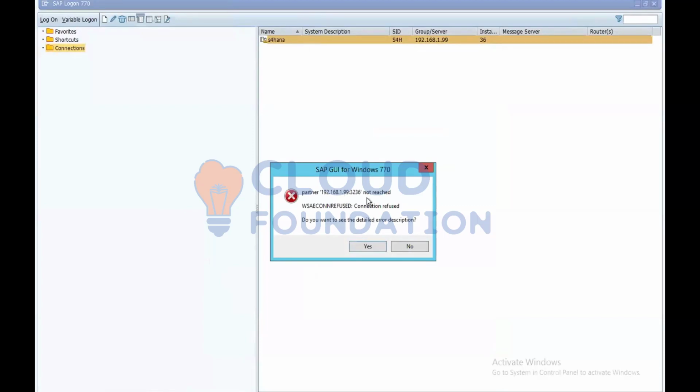So if a user is complaining that the server is not reachable, he is not able to connect. First we have to isolate whether all users are not able to connect or some users are not able to connect. If some users are not able to connect, what is the problem? Whether they have the correct details, they are trying to log in, and the server is available, but due to network, there could be some network problem also,